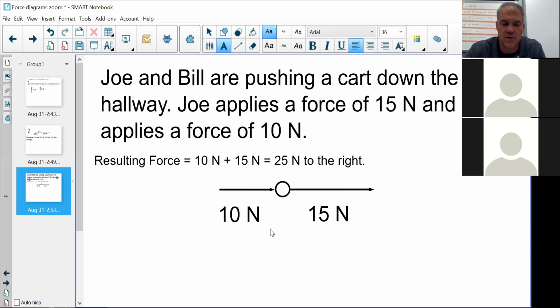When they're in opposite directions, you subtract them. If a force is stronger, you make the arrow longer. Okay. Always one circle and as many arrows as you have forces. Okay? Does that help kind of make this make more sense? Yes. Now you're going to use this information